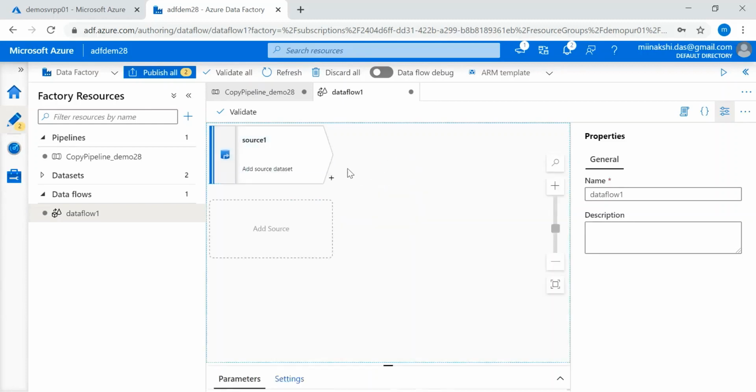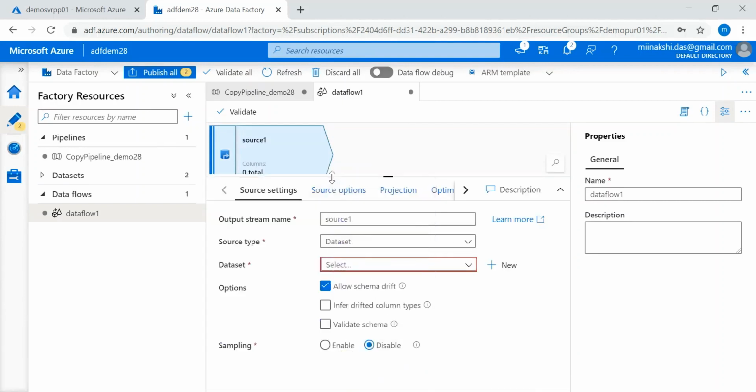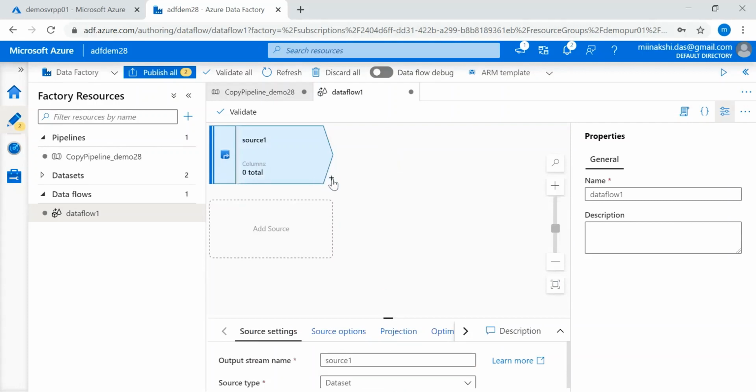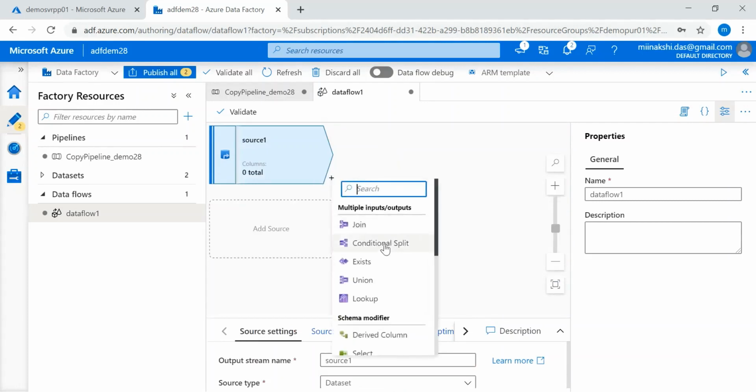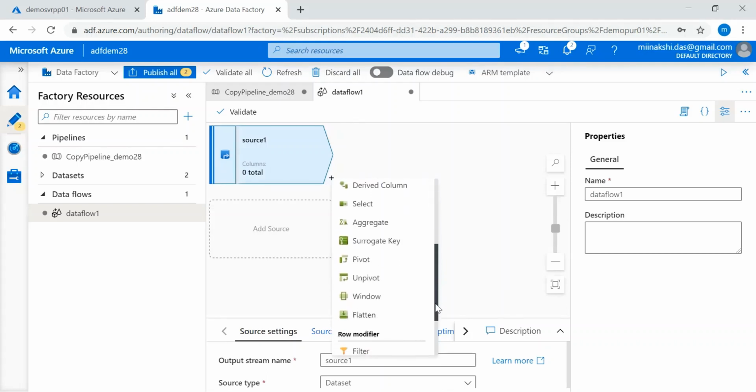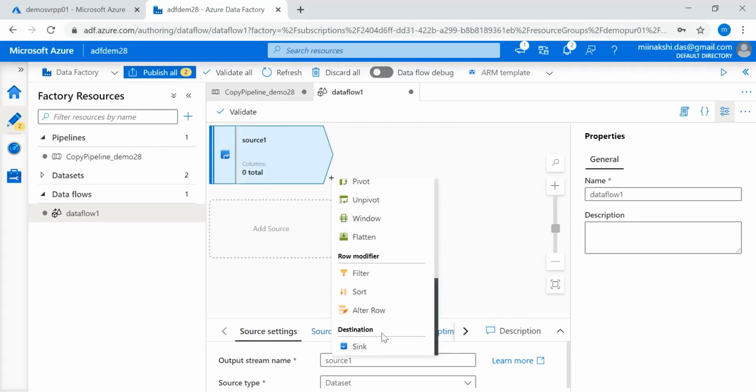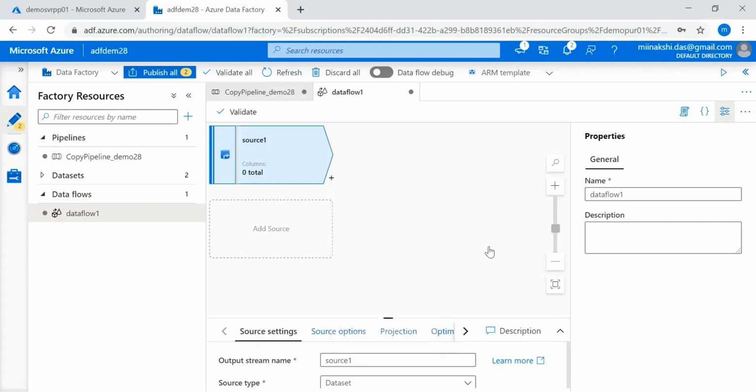All these details we can provide here. If we click on the plus sign, here we can see the transformations like join, conditional split, exists, lookup, derived column, pivot, unpivot, all these kinds of transformations are there, and we have the destination as the sink. So this is how we can work in the Azure Data Factory.